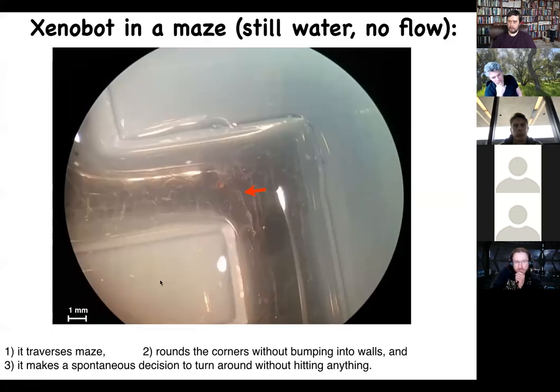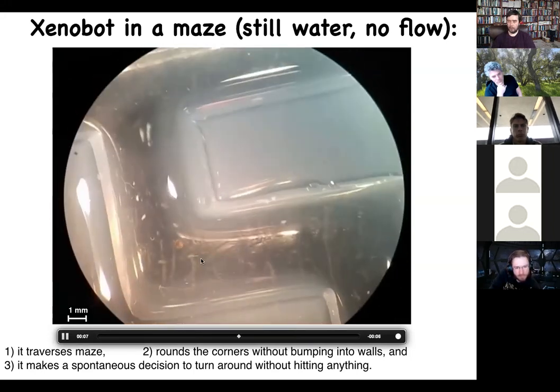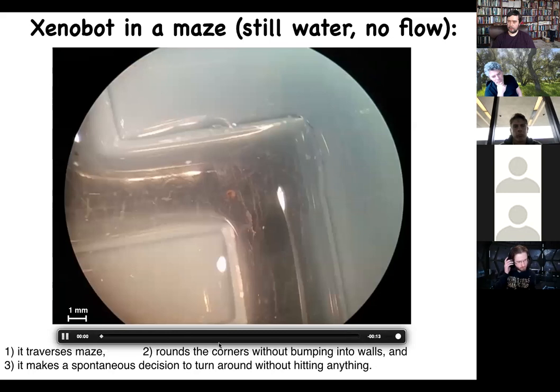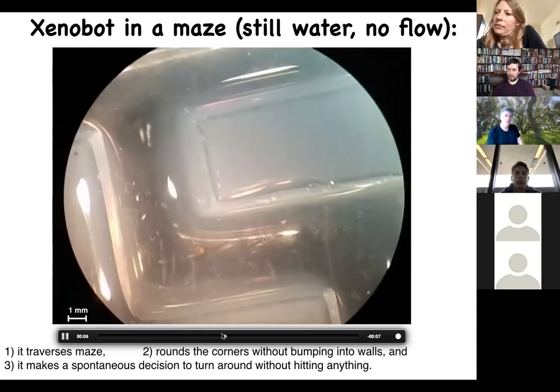They can do a maze. This is a flat, there's no water movement in this. This is completely still water. There's no gradients, there's nothing, but you can see it navigate. I'm gonna show you this again. It's very interesting. So it moves forward. Now, at this point, without hitting the opposite side, it decides to take